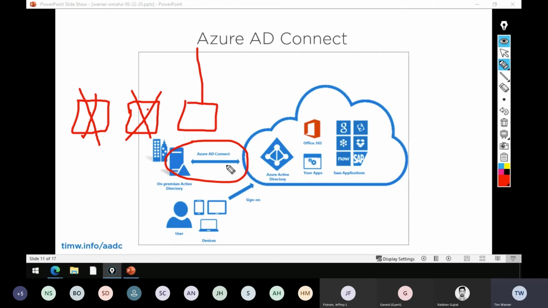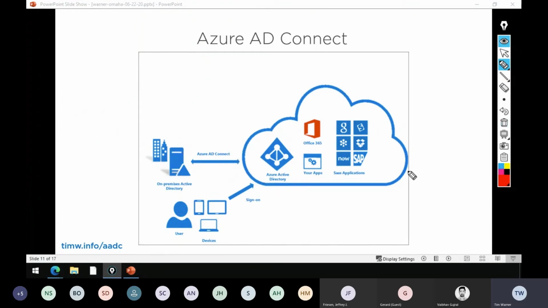Azure AD Connect is a free synchronization service, is all it is. And in working with Azure AD Connect, you wind up selecting users, groups, identities from your on-premises environment, and it can go across domains and even forests. And at the end of that process, they're replicated up into Azure Active Directory. That's the highest level view.